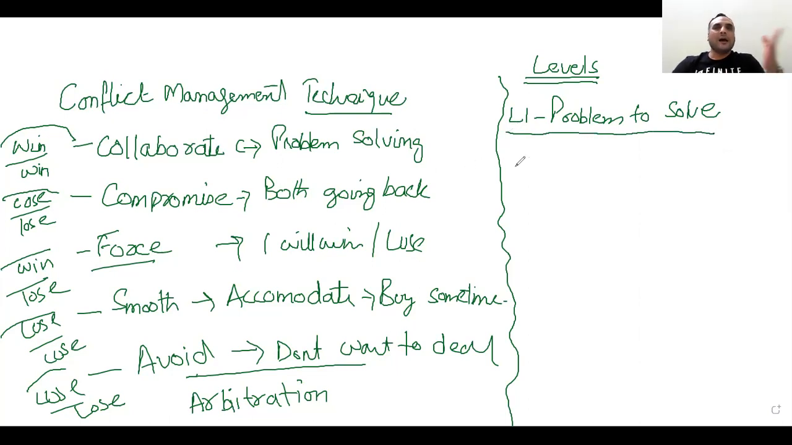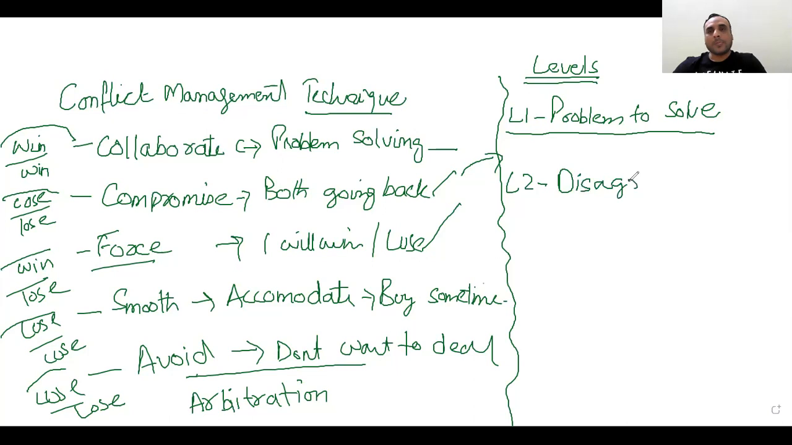With a difference of opinion, I can sit with you guys together. I can use collaborate, or we can use any one of the techniques. For sure not force, for sure not avoid. We have to take some actions and then solve the problem. This is called level 1 of conflict. We call it problem to solve. Level 2 is called